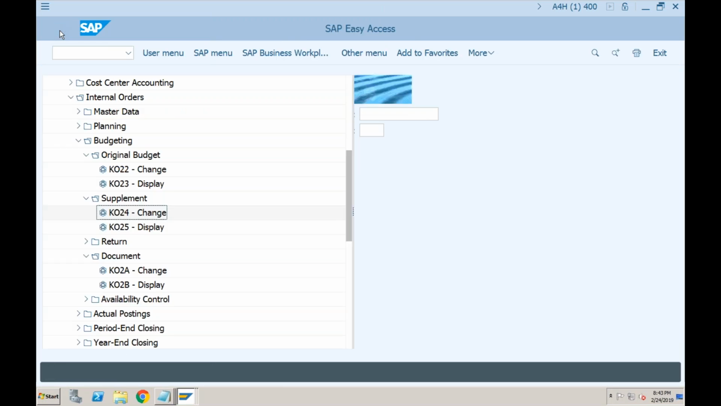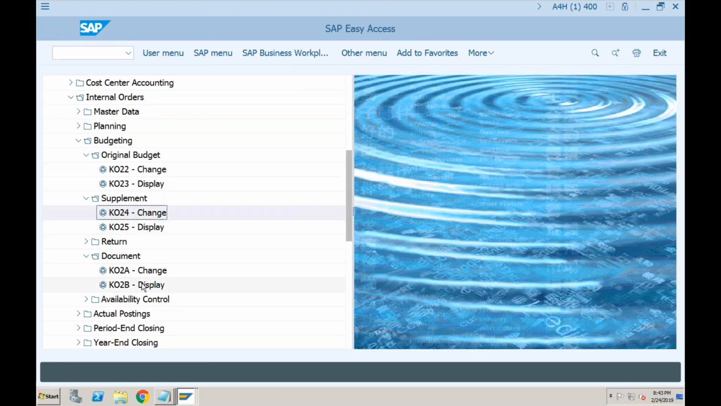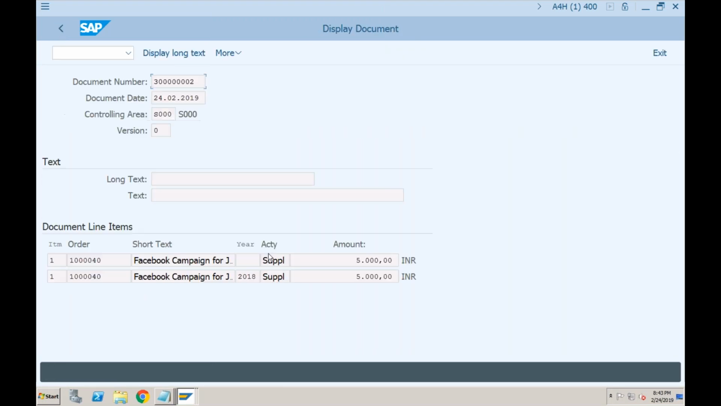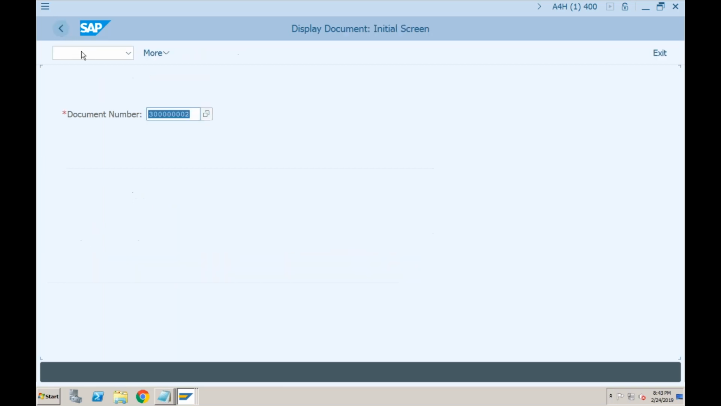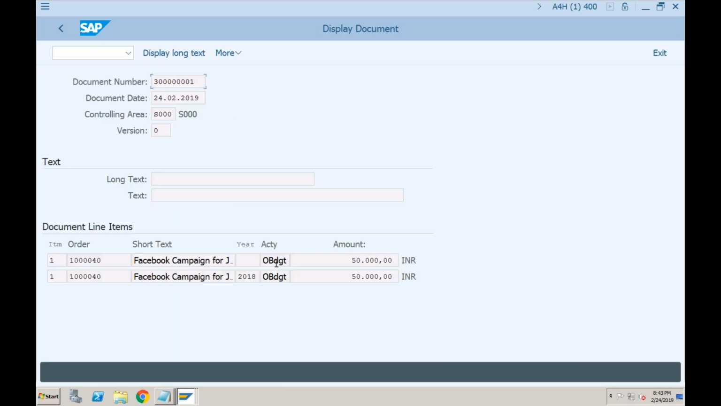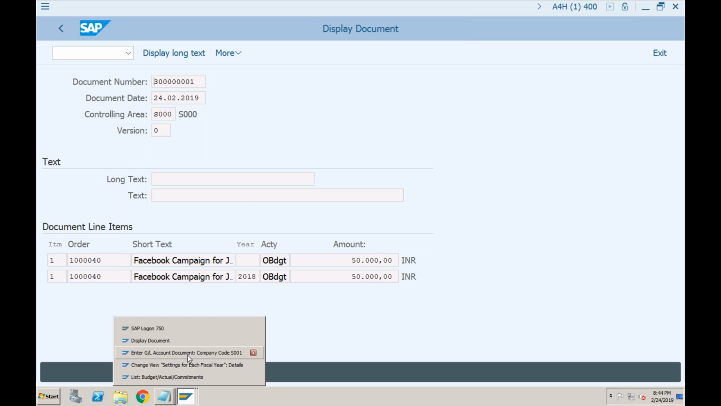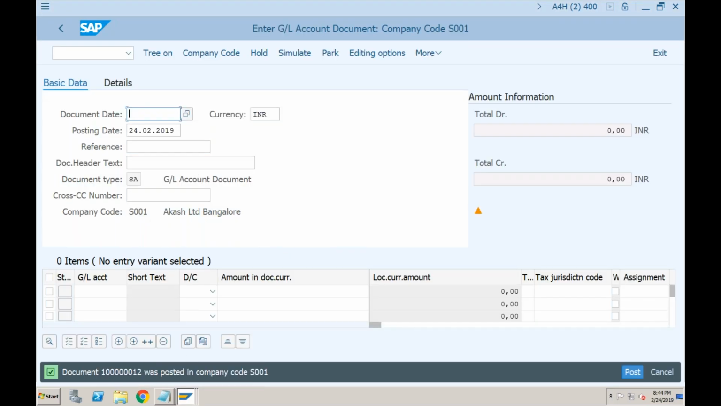So if I show you this document, this will clearly tell you that this is a supplement. Okay, the original one, if you see the original document, that was the original budget. So it will clearly tell you how much was the original budget and how much supplement was added to that budget. Okay, so now the overall budget has become 55,000. So now I can continue to book more than 8,000 to this particular order. Okay, so this is how the budget is controlled in